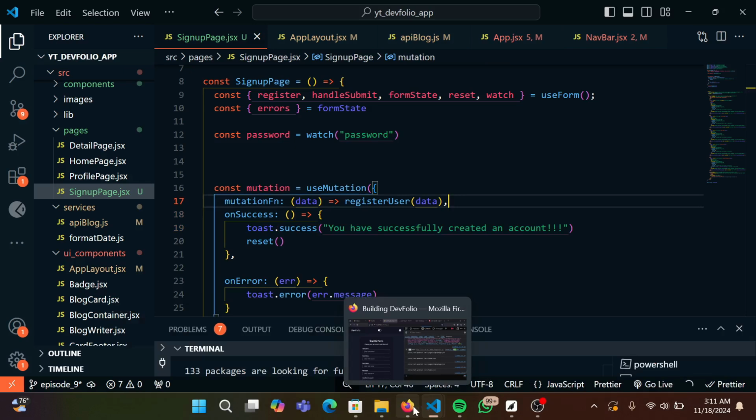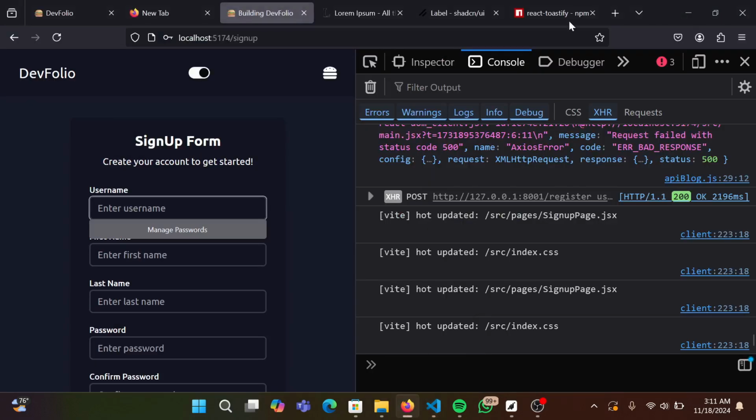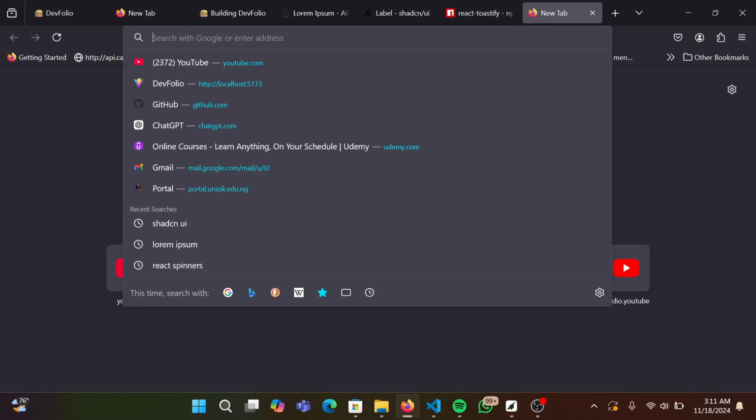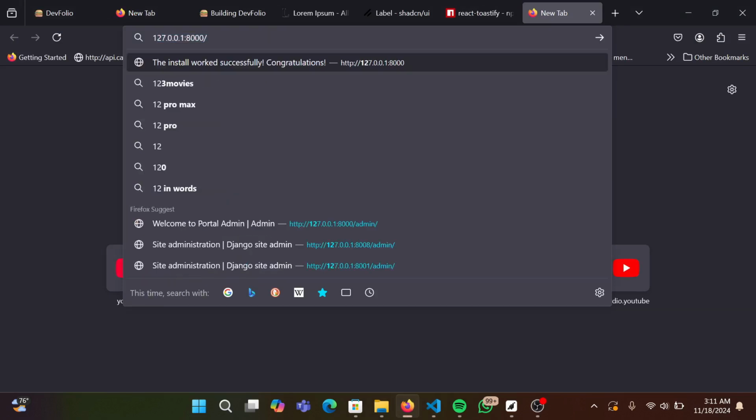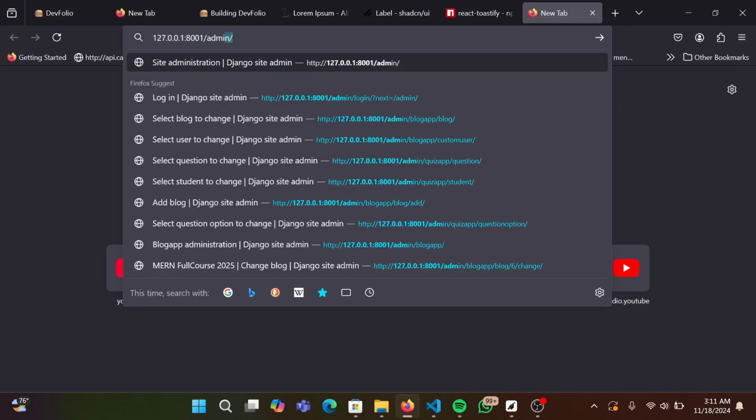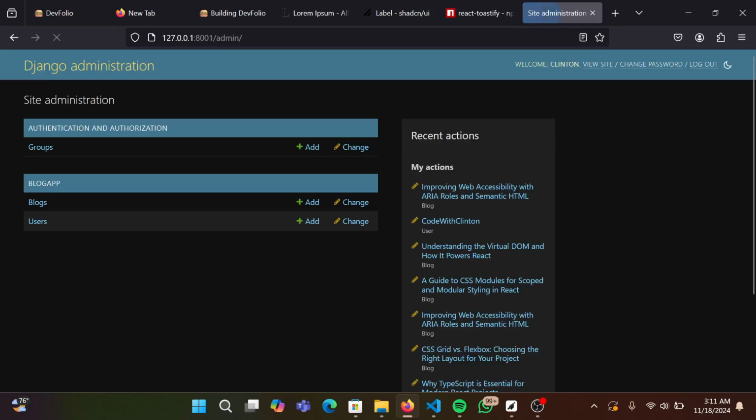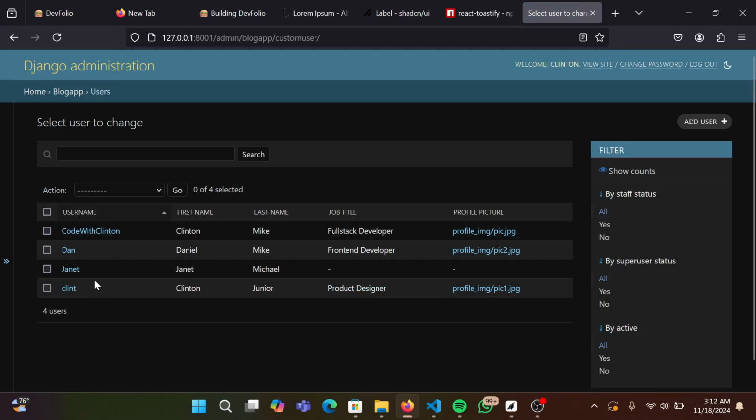So that's done. Go down to the backend now. You see that we have Janet on the backend. Let me show that. I'm going to go to 127.0.0.1:8000/admin. So click on users. You can see we have Janet,